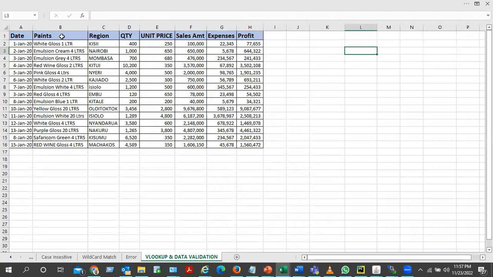The items here are paints. Paints is what was being sold, and this is the profit made per each paint sold per date. So you can come here and say our lookup value will be paint,